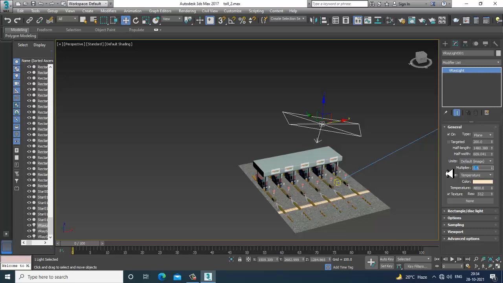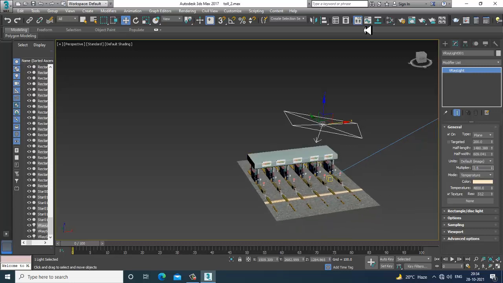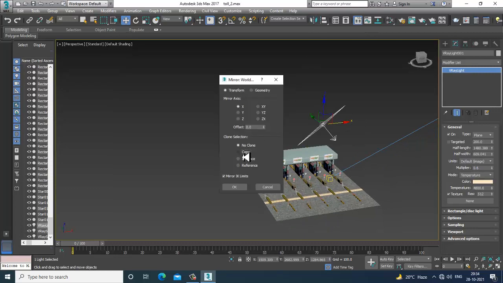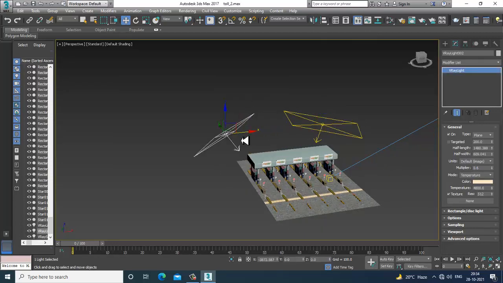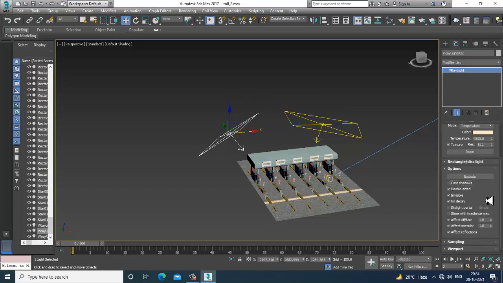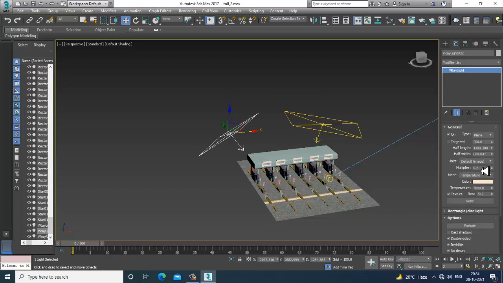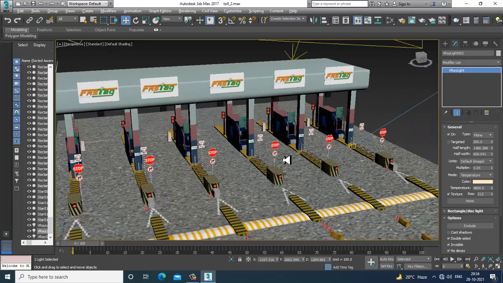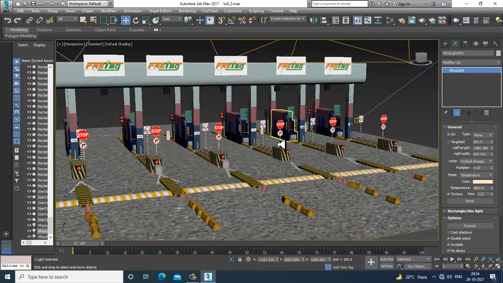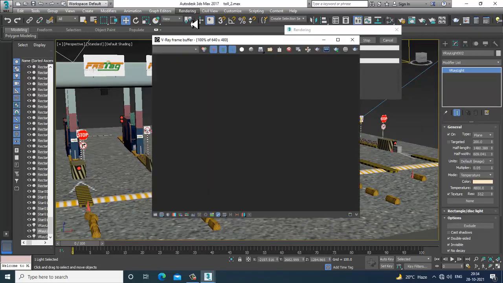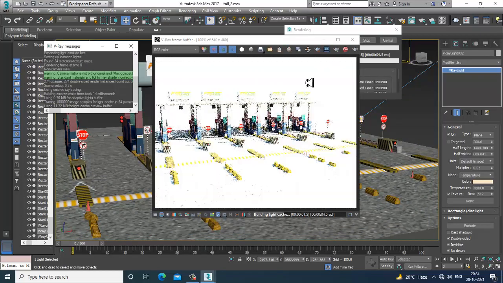I'll make a mirror of it, a copy over here. Options, cast shadow, I'll just turn that off, and 0.05 over here. Oops, there's a lot of light over here.